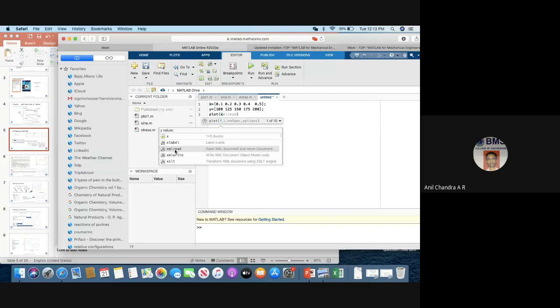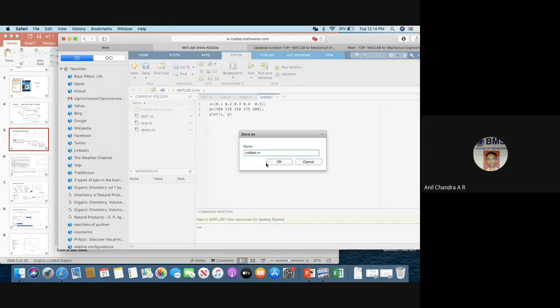How do you read from an external document if you want to plot? So, right now, because I'm writing it in a script file, I will have to save it, and I'll give it a name, plot 1.